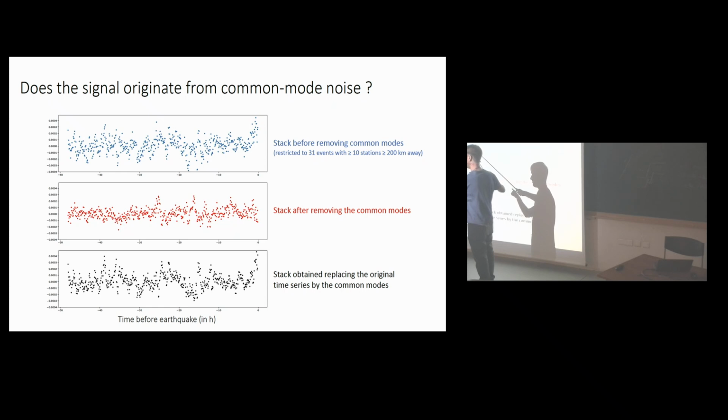Here I'm imposing the signal, and I'm also restricting the dataset to 31 events for which it's possible to calculate the common mode. That means there is a lot less data here than in the original stack. These numbers are not normalized by that? No, nothing is normalized. It's just what it is. But you're right, this is less noisy than that, and in a way that's normal. You're removing common mode, so you're lowering the noise level, and the noise is supposed to be there.